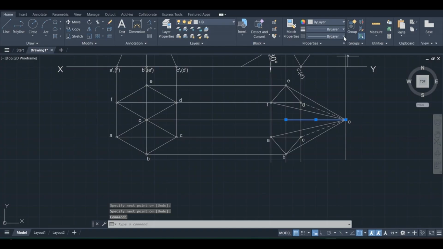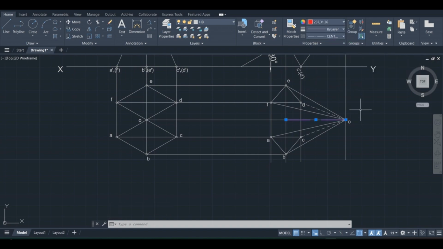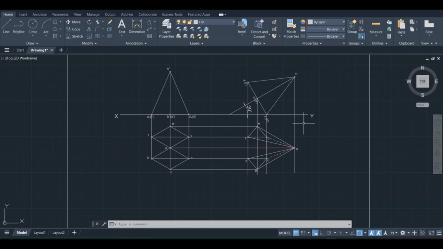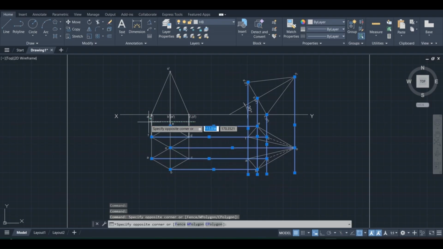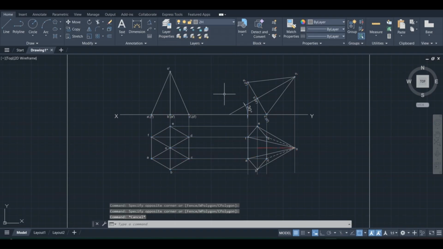So I'm changing the property of this axis into center. So also I want to change the color to some red for visual appearance. We have to maintain the variation of these lines. All construction lines must use thin lines. So these are all the projectors, construction lines. So I am changing these to 2H,